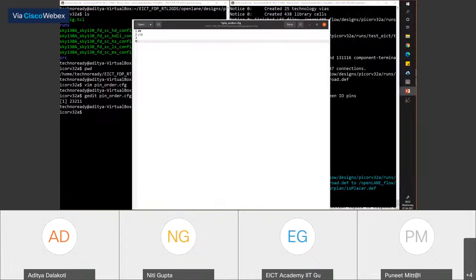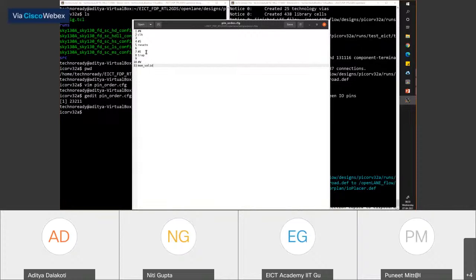Then we are going to have a south direction. So south, let's make it reset n. Then let's make east direction, and let's pick, say, the trap register output, and then let's pick the west direction. And then there is something called mem valid in the RTL.